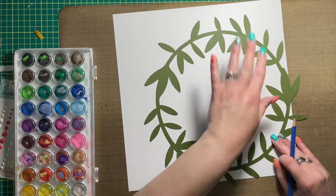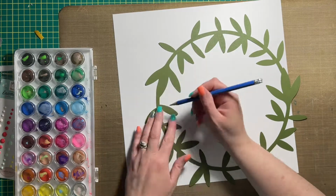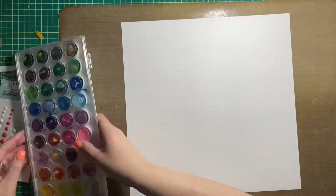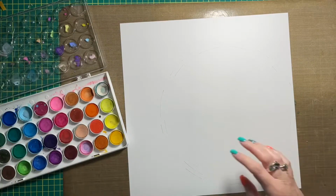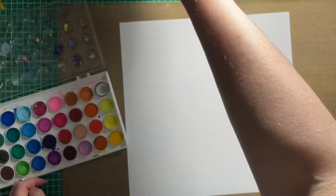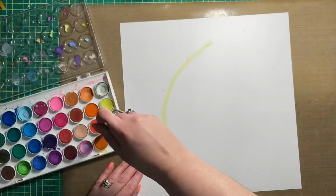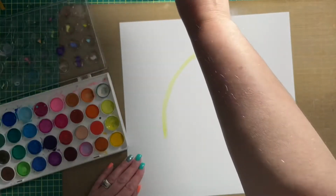I am beginning with this cut file that I cut with my Cricut. It is a wreath turned lily pad, and you'll see that later on in the layout. I began with watercoloring in the background. I'm just using plain white cardstock. It's smooth cardstock from Close to My Heart. And I'm also using my Close to My Heart watercolors to